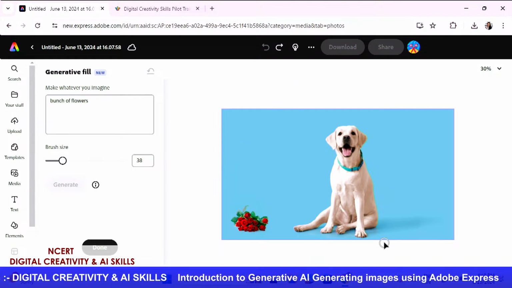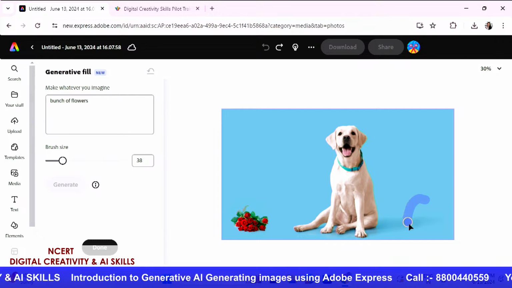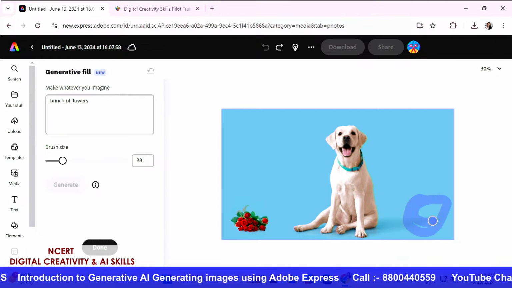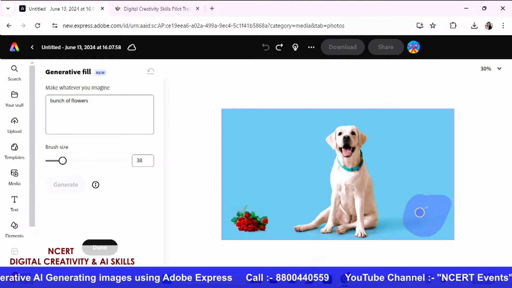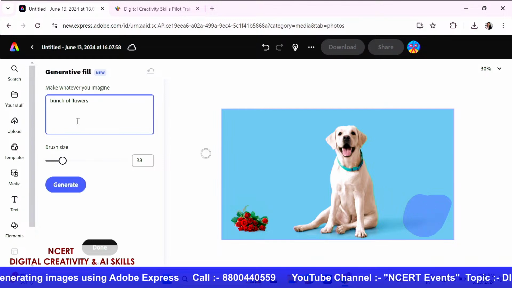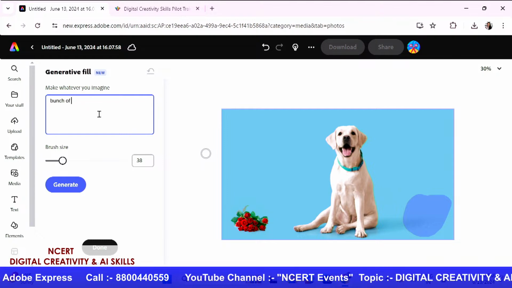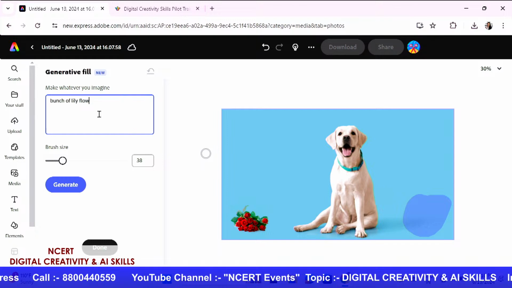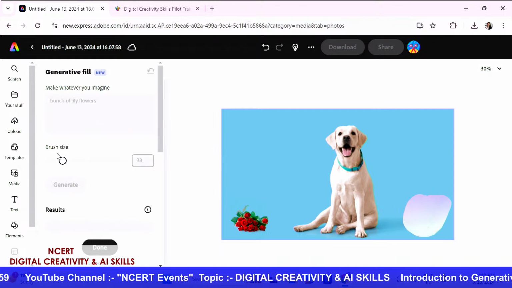Actually, what I'm going to do is on the left hand side, again, I'm going to just fill in this particular circle over here, and I'm going to say I want to add a couple of, this time let's go for lilies maybe. And I've clicked on the generate button once again.